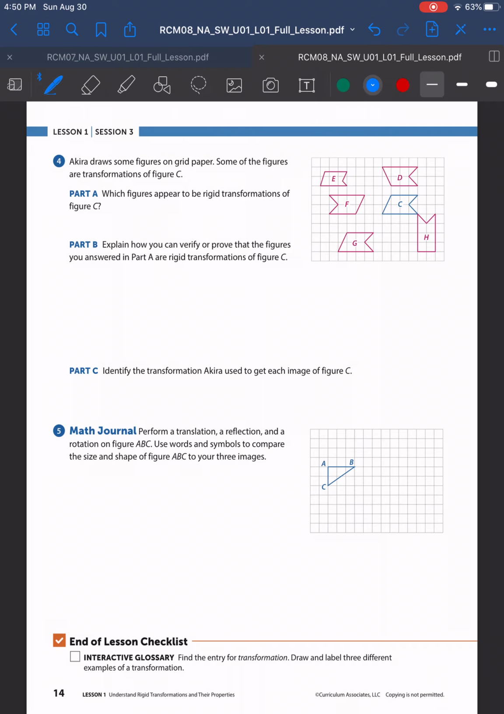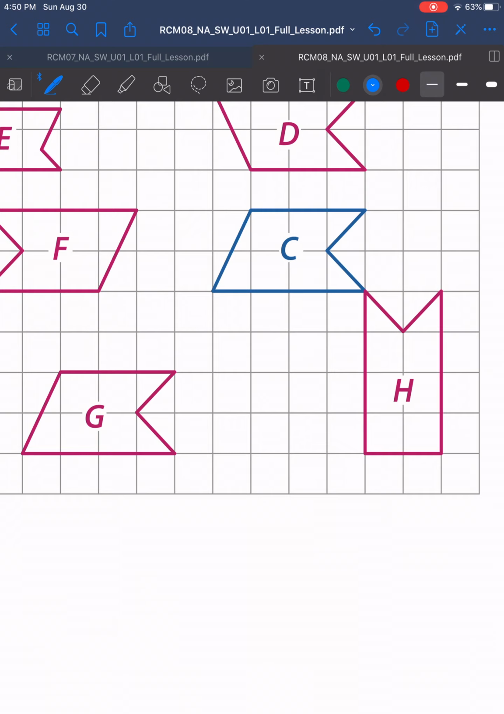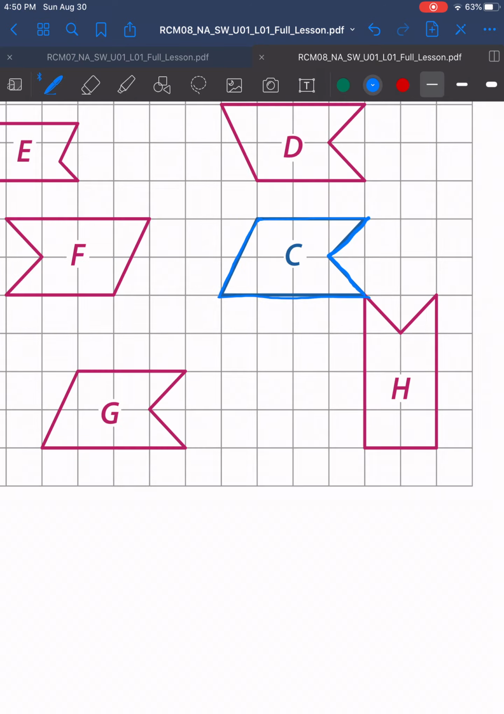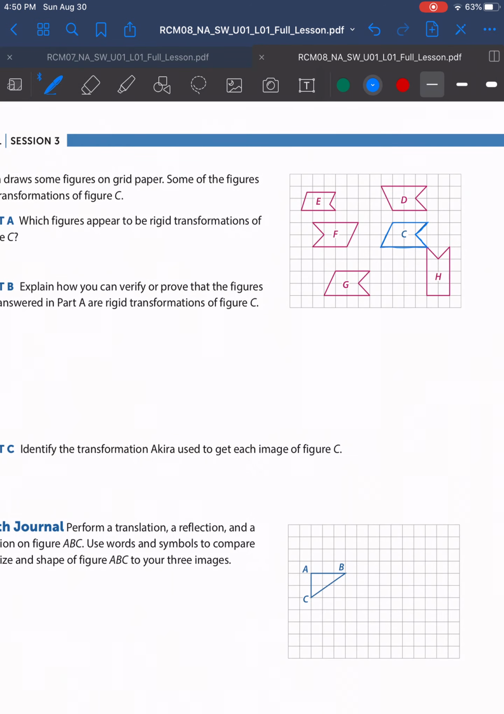Okay, so I'm going to take my little device. I'm going to trace figure C real quick. The reason why is because I can pick it up and slide it all over the place. I can't rotate it very well without resizing it, which kind of stinks. Okay, so if I were to take figure C and slide it around, which of these other shapes would be a good slide of figure C? Is that a good slide? No. No. No. Yes. Okay. So G,